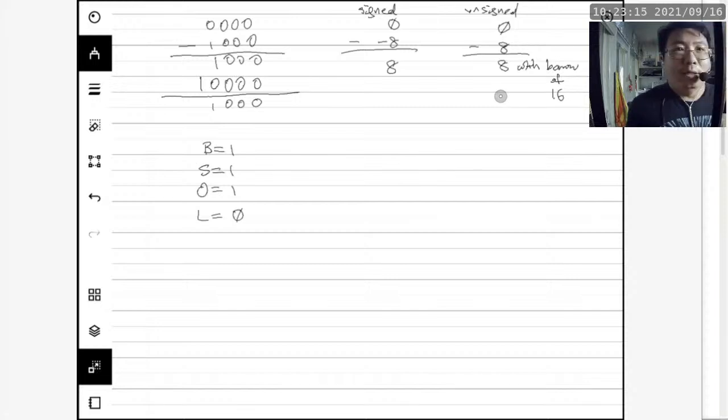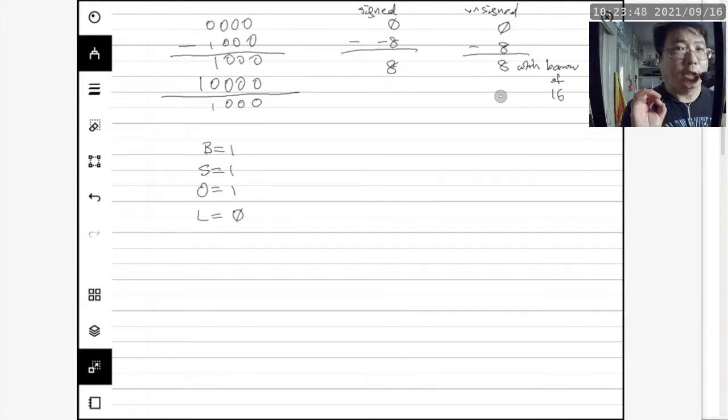All right. So that one works out. The unsigned case kind of works out in terms of the semantics. What does not work out is the signed case. Because for the signed case, when you subtract a negative quantity from a non-positive quantity, you should end up with a positive quantity, which is this one over here.